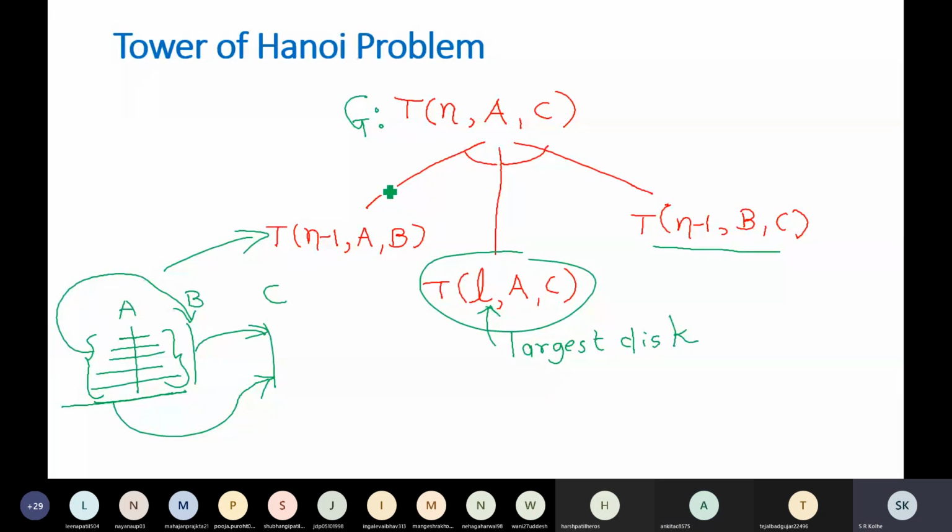Right now we are trying to represent this problem in the form of an AND OR graph. That means we are trying to divide the problem into subproblems only. We are not solving it completely, because recursively you will have to apply. So what we have done here, we have divided this problem into 3 subtasks. One task is move the largest one from A to C. Second task is move n-1 from A to B. How you are going to do that, we are not discussing that part. Then n-1 are on B, then move them from B to C. How that is done, we will do later on.